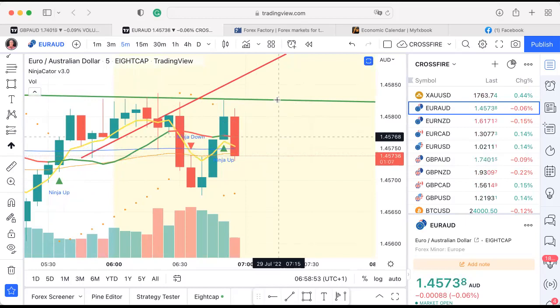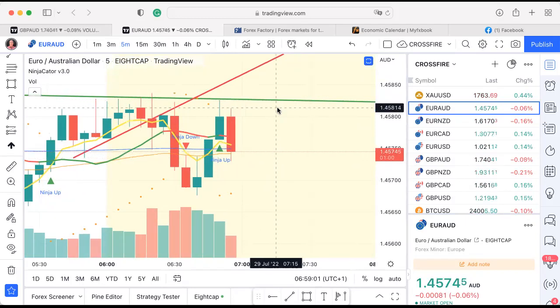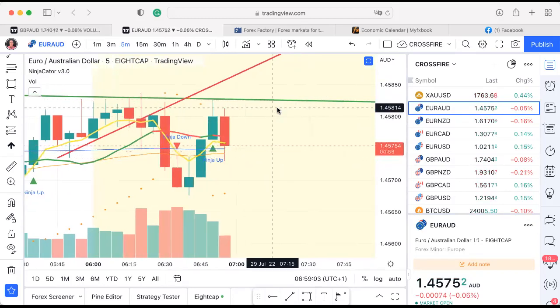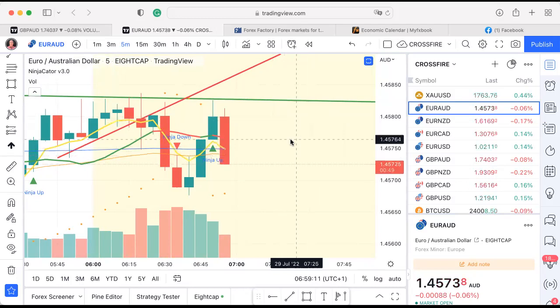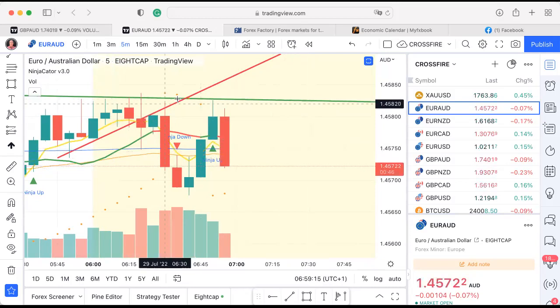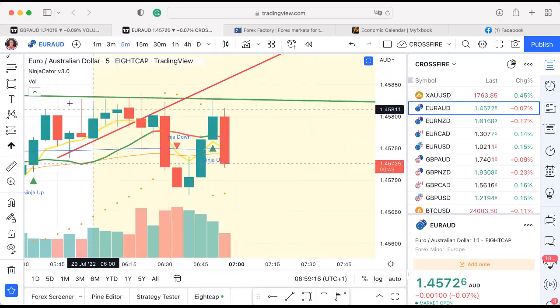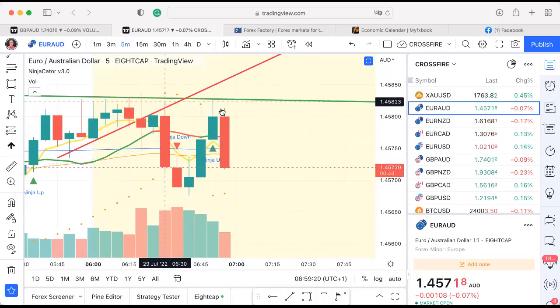This line is the line that the sellers don't want price to go above. Thank you. And it's just a total generalization, but it's the best way I can explain. Well, it's the best way I understand it, to be fair. I don't understand all the details. I just understand this works. You can see it there. The price has tried several times to get above that green line, and price has failed.